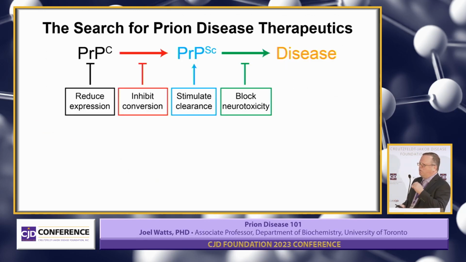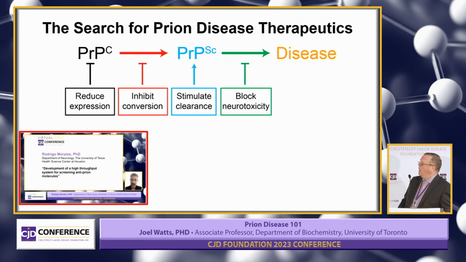Okay, so there is still no therapeutic for prion disease, but we're getting closer every day. If you break prion disease down into its simple chemical equation, where you have PrPC turning into PrPSc that then causes disease, there are several different opportunities for intervention. As I mentioned, you could reduce PrPC expression using something like antisense oligonucleotides, an approach that's championed by Sonia Vallabh and Eric Minikel, who are in the audience today. Or you could do some other things.